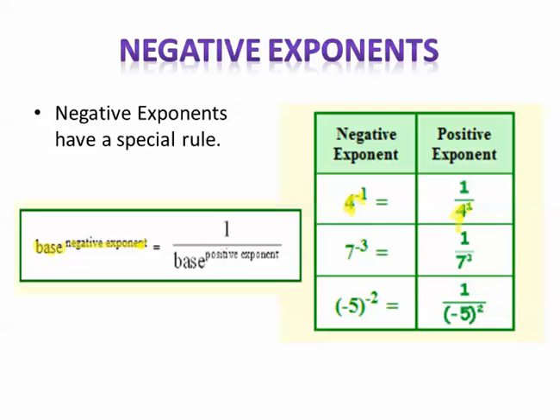And when I move it, I need to make the exponent positive. So 4 to the -1 becomes 1 over 4 to the first. Isn't that odd? Yes, it's odd. It's not hard, though. So get used to it, and it works. 7 to the -3. It's telling me put the 7 on the bottom, still to the third power, but change